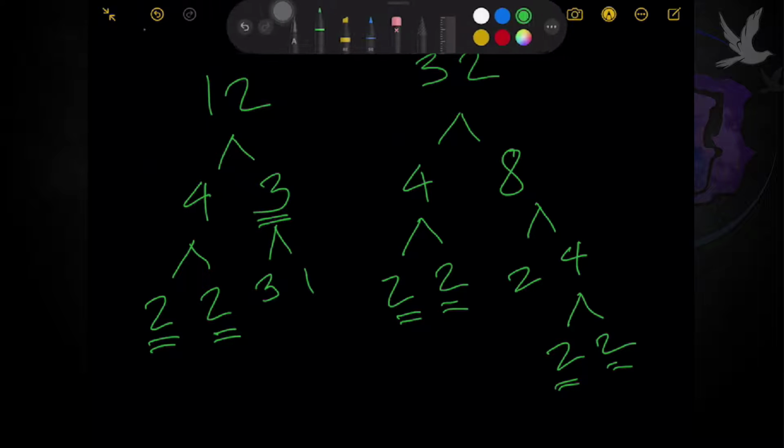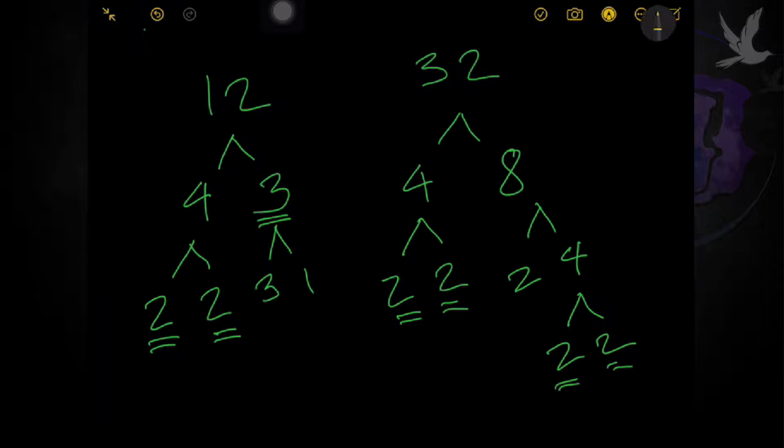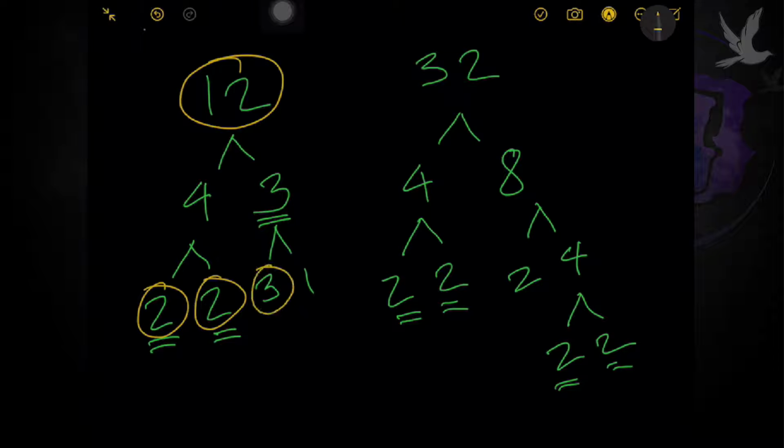So for 12, i-highlight ko ngayon with a different color. For 12, the main roots are 2, 2, and 3. Kasi nga, technically you don't include 1. Although pwede, pero understood na yun. No need. For 32 naman, the main roots, different color din para mas makita nyo, are 2, 2, 2,